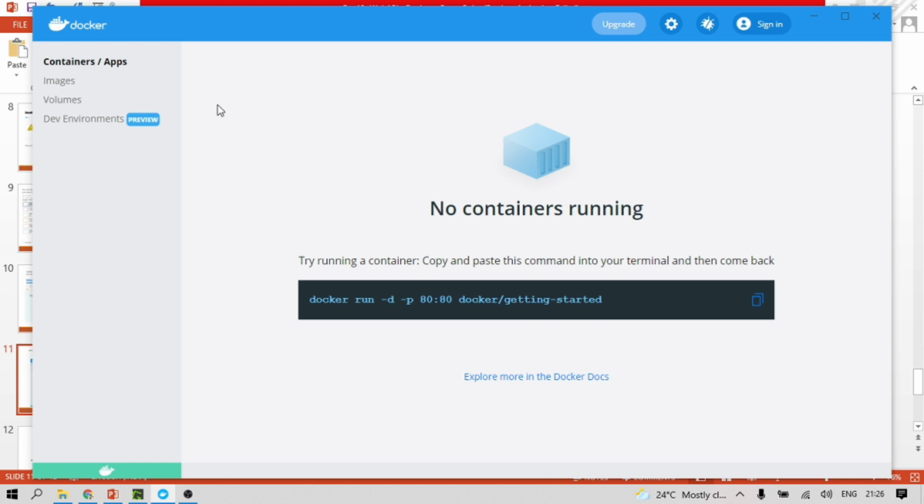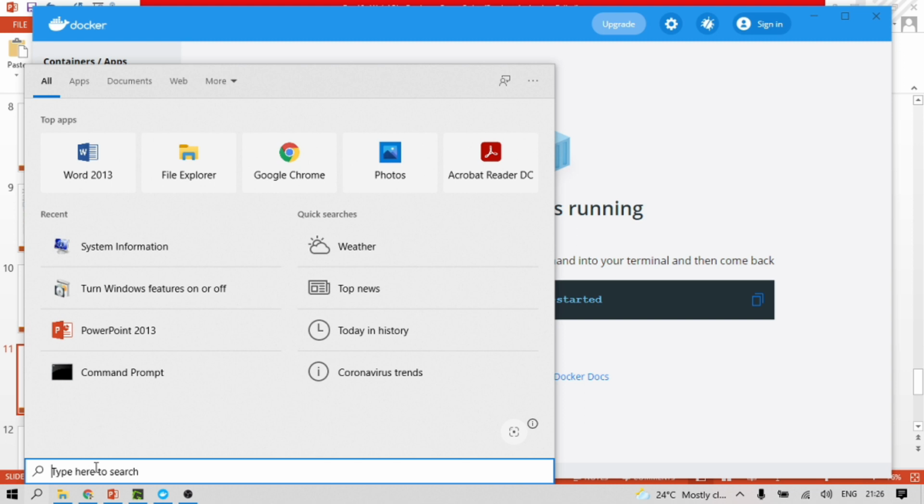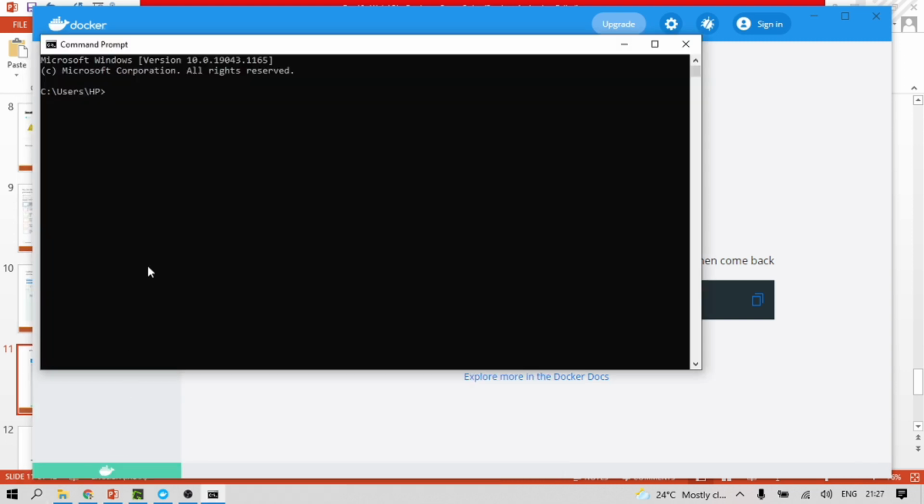Next, whatever we need to pull, we can pull here using some command. If you have installed Docker, we can type Docker here and see what information comes.